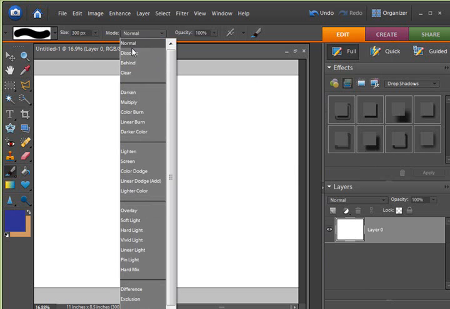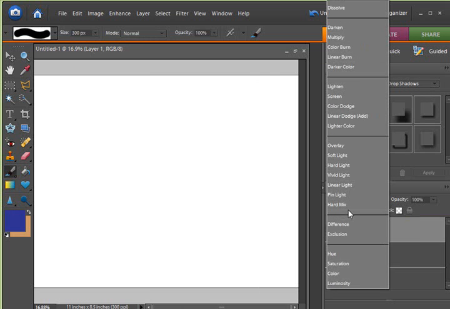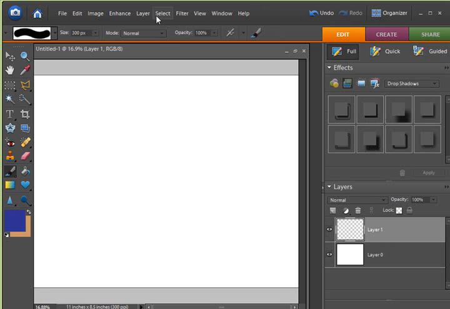I tend to not use the blending modes a whole lot because I can use my brush and draw on a new layer and then just apply that same blending mode here, and this blending mode doesn't make a permanent change to the brushwork,